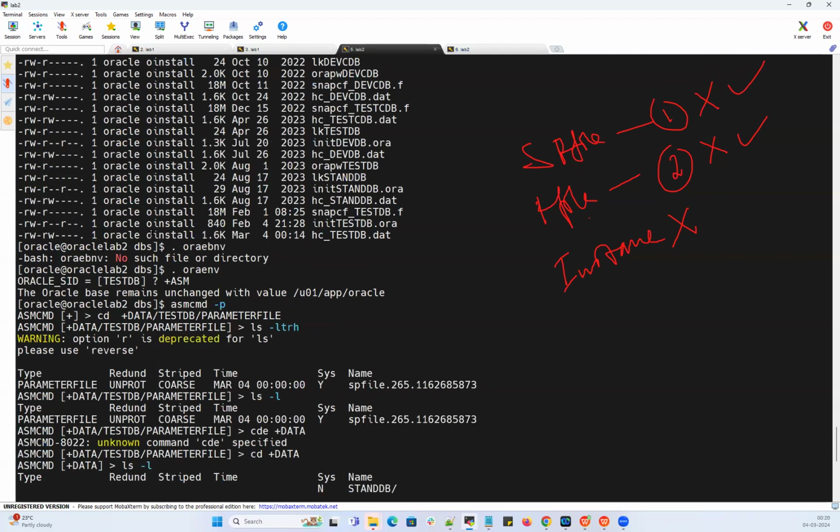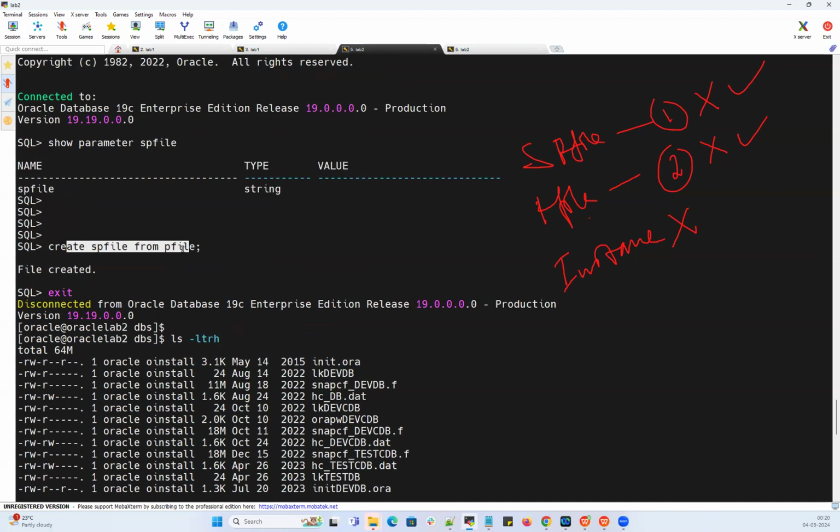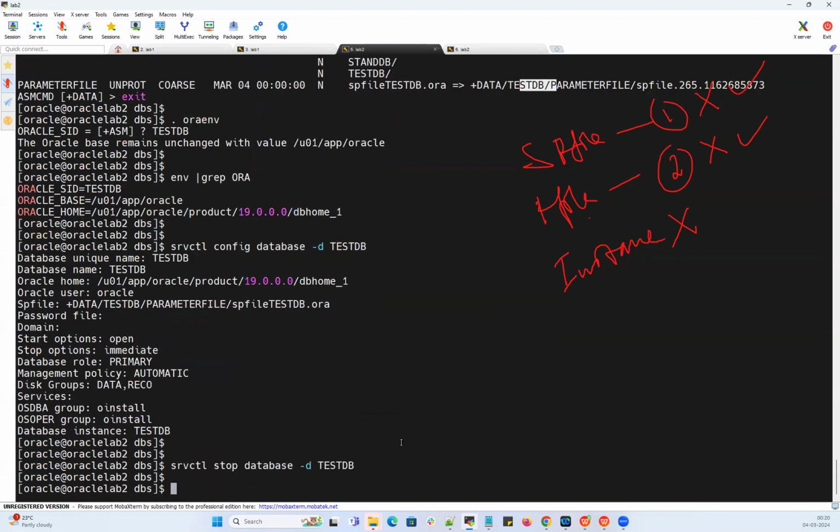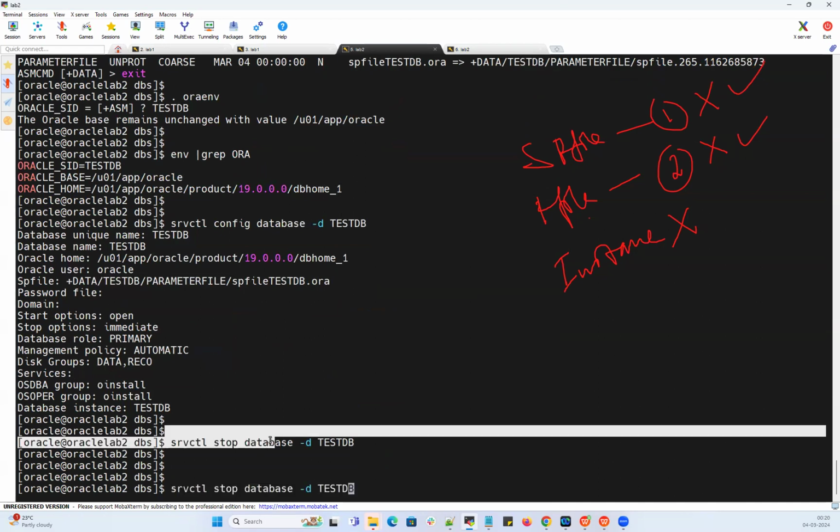So anyway, what I'm trying to show, create spfile in fact got created my spfile, but it got created under my data disk group as spfile testdb.ora, and it is symbolically linked under this location. So my database got stopped here. Now if I do srvctl start database,